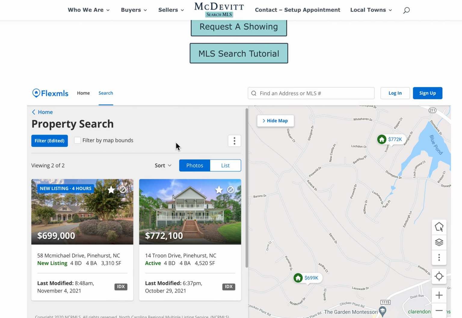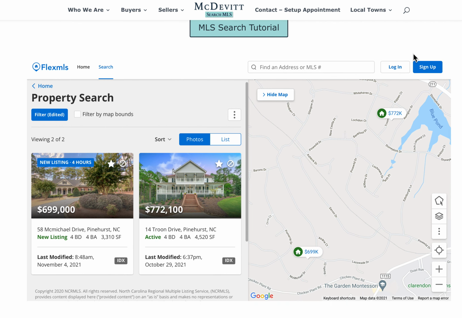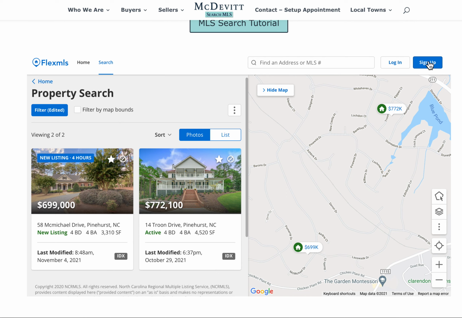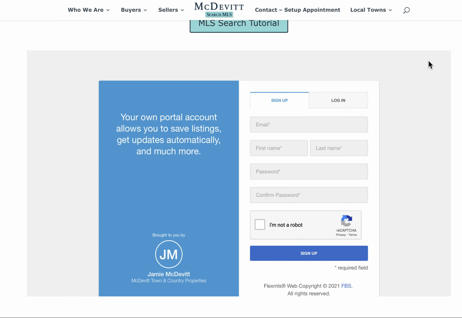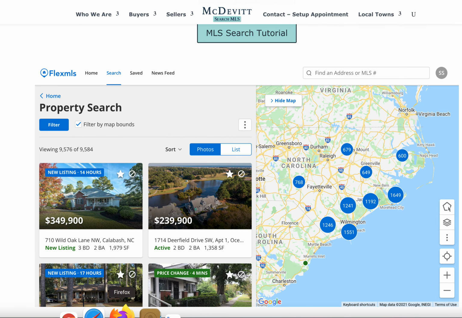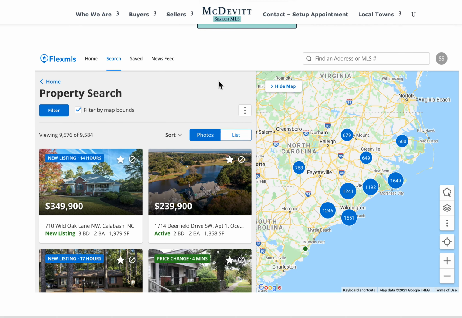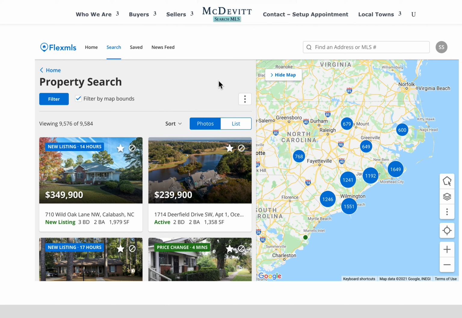Now what you can do, and what is really, really helpful, is if you sign up for the portal. So if I hit sign up here, I can sign up with a password, and then you can sign up for the portal. Now why that is so important, and I'm just going to jump to one that I have already pre-populated here. So once I've signed up, you will get a confirmation email, and then after that, you can